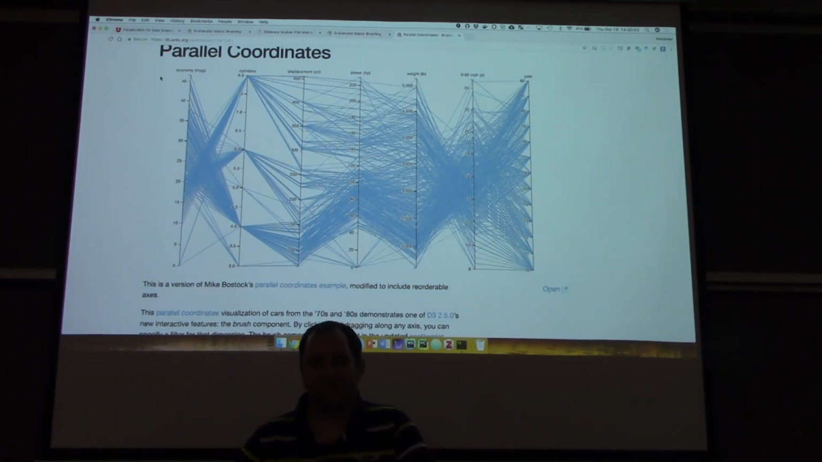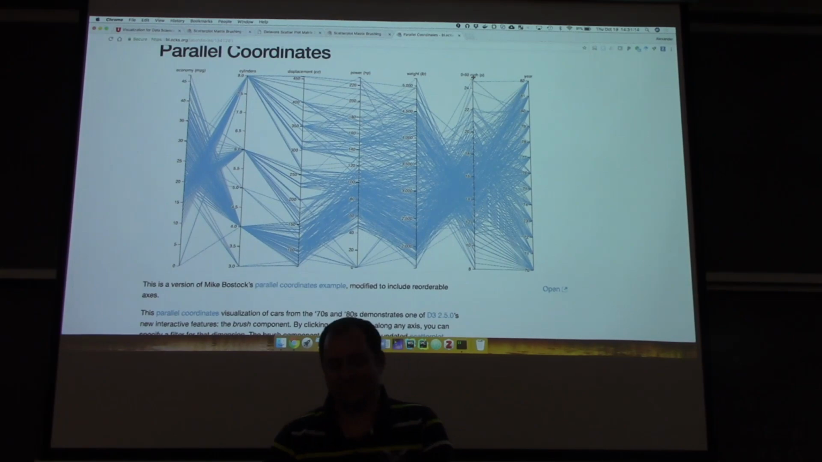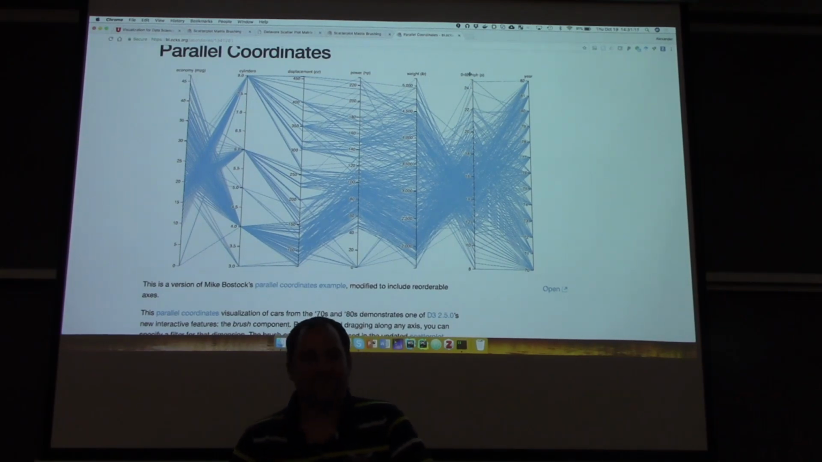What's the relationship we see here? Inverse relationship, exactly. What is the relationship between miles per gallon and weight? You can't really tell, right? What's the relationship between weight and acceleration? Inverse. So what we learn from this is that